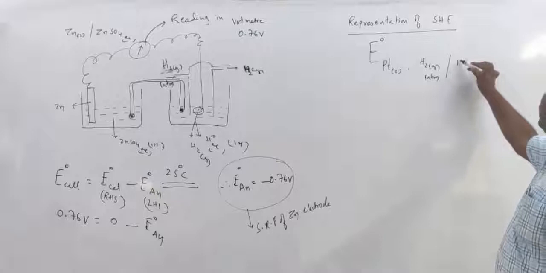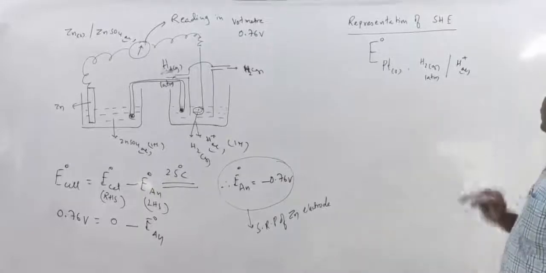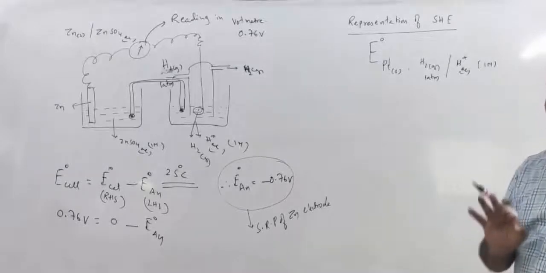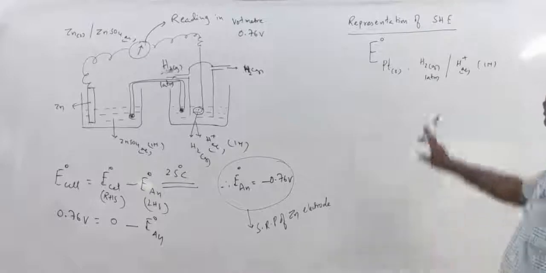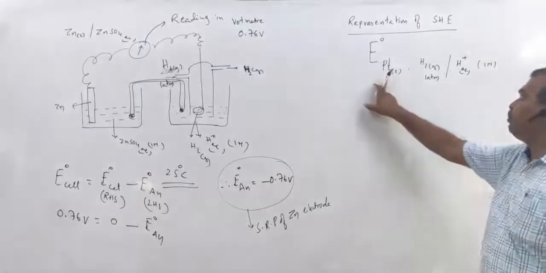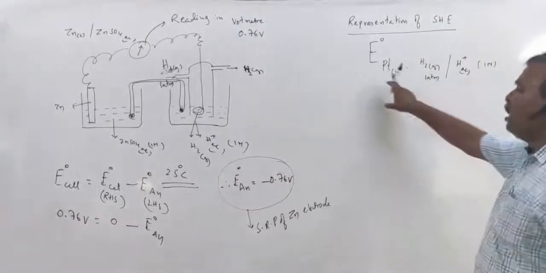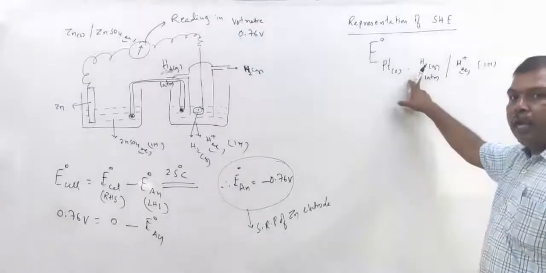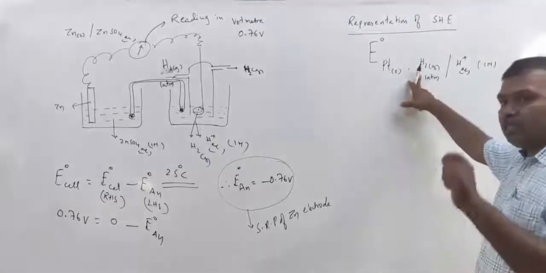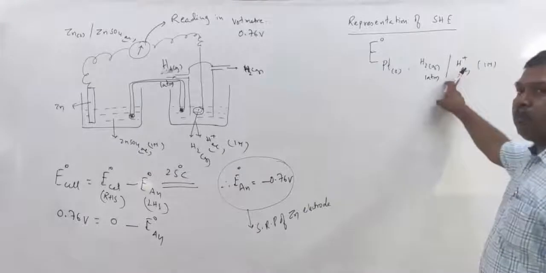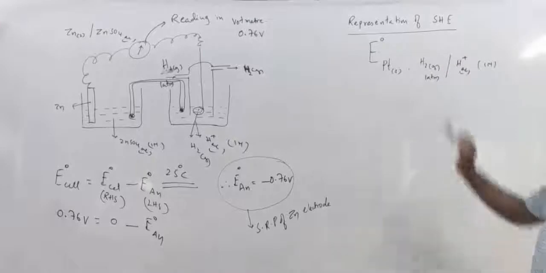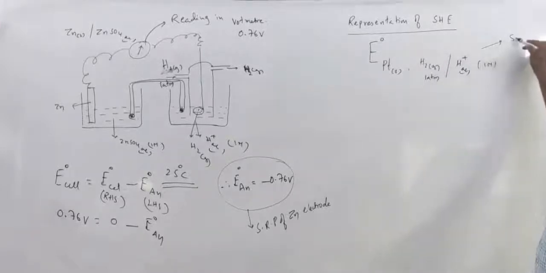Then in contact with H plus ions of the solution, concentration 1 molar. So this is the way of representation of a gaseous electrode. Always mention the medium, platinum wire is taken as medium. Hydrogen gas means hydrogen gaseous molecules are inserted in the porous circular disk of platinum, with H plus ions of 1 molar concentration. So here 0 to plus 1, so it is SOP.